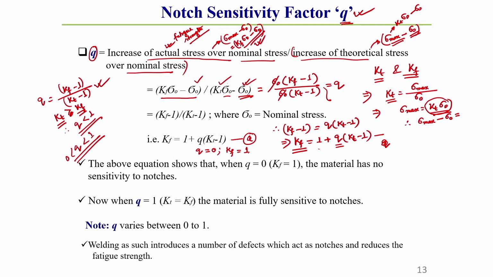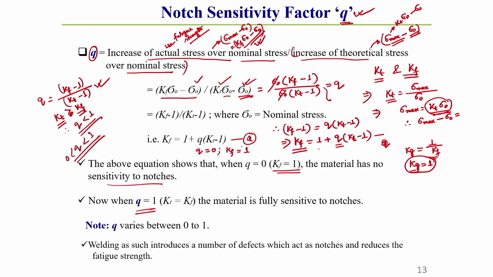Kf will be 1. So that is why in this equation I have written, if the material does not have any notch sensitivity effect, then Kf value is equal to 1, then your Kg, we know that Kg is defined as 1 by Kf. If this Kf is 1, your Kg will be equal to 1, that means where you consider no notch sensitivity factor, your Kg based on this stress concentration effect will be equal to 1, this you should keep in mind.